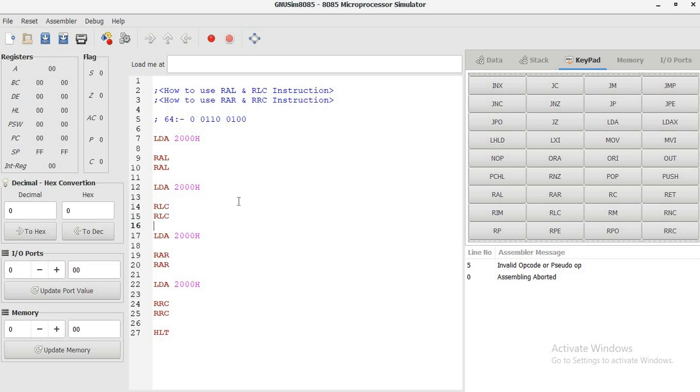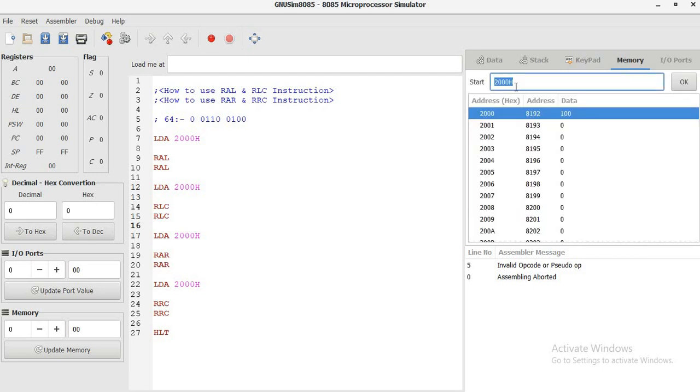Fine, let's begin with something very simple. I have not done anything scientific or rocket science. I just prepared a very basic program. You can just go through it. The main purpose of the program is to get clarity on the instructions RAL, RLC, RAR and RRC. You might know the difference between these instructions on the theoretical basis, but let's try to explore it